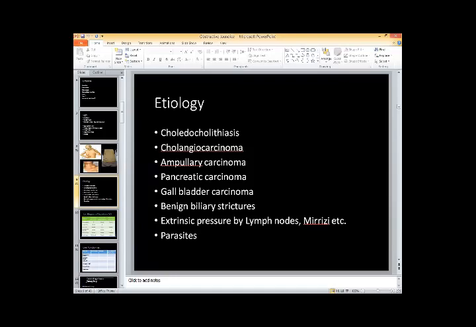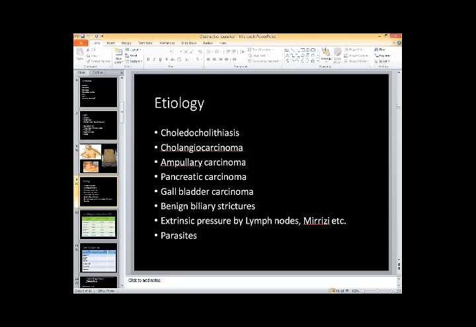There can be benign conditions other than these. One is parasites. Sometimes intestinal parasites can travel up to the duodenum and there they can even crawl up into the bile duct, and they may lead to obstruction of that bile duct. So parasites can go there and lead to obstruction. Also, there can be some external pressure by some lymph node in this area or by the gallbladder itself, which is called Mirizzi syndrome. They can also cause obstructive jaundice. These can be benign lymph nodes or malignant lymph nodes.